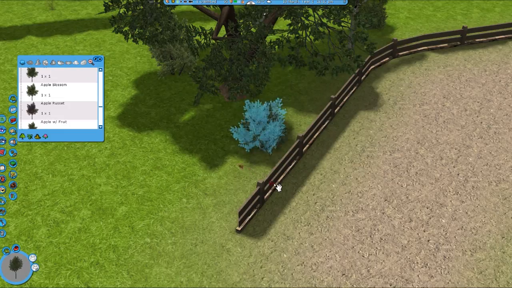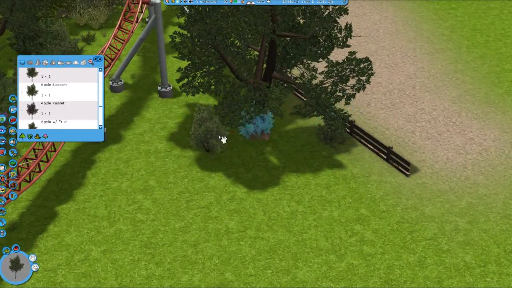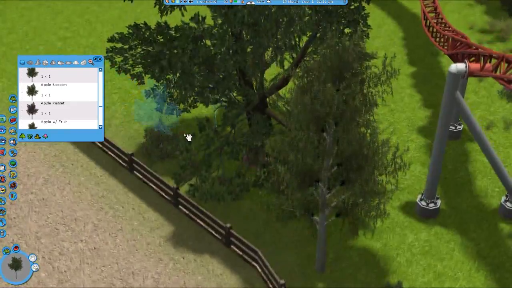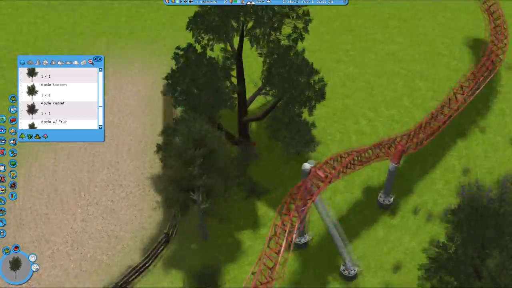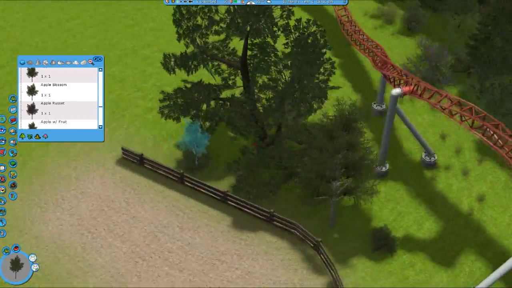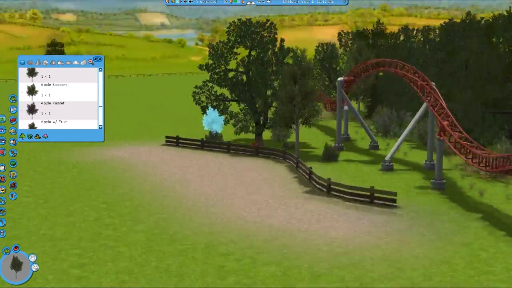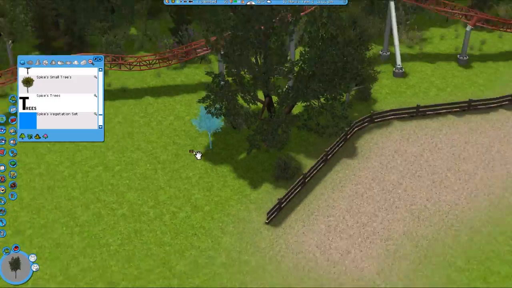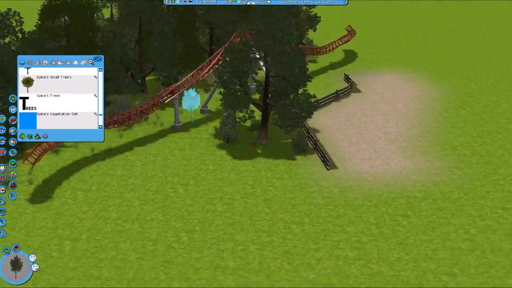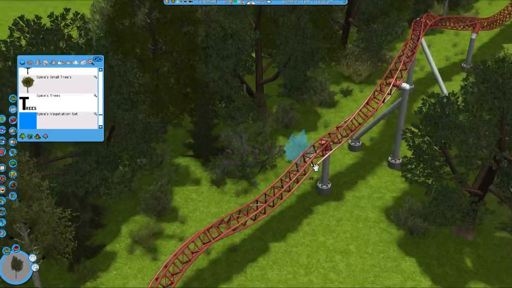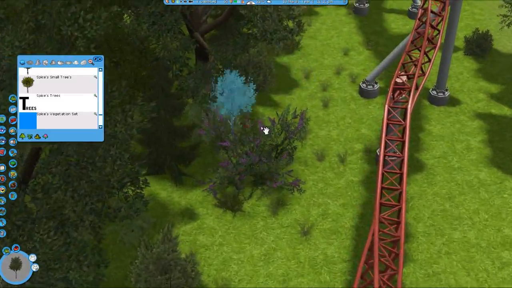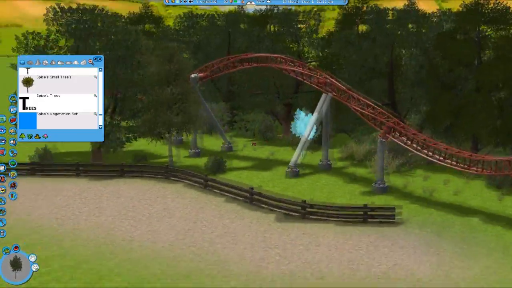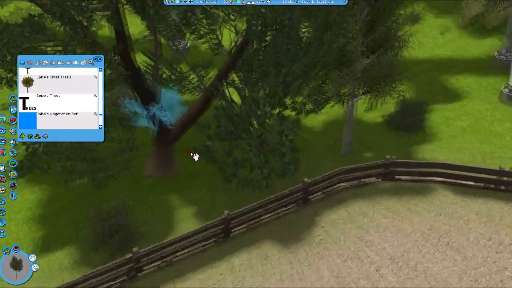Stuff like this is not where you can randomly add flowers. Flowers is something that I would like to make a future video about, but just as a heads up right now, don't place flowers in the middle of nowhere unless they are flowers that can grow in the wild, since you have to maintain those things, and this doesn't really look like the place where you would regularly maintain flowers. So keep your flower usage to next to the paths and not in the middle of a forest, like I said, unless it looks like a flower that can grow in the wild. Something like this. It's really hard to judge that, but something like this could work in the middle of a forest, but tulips wouldn't really work. Okay,